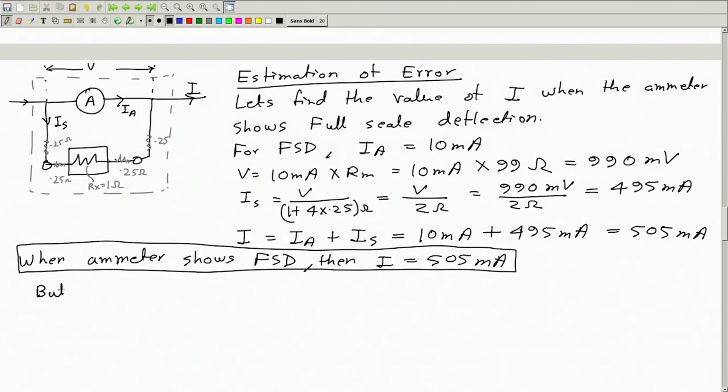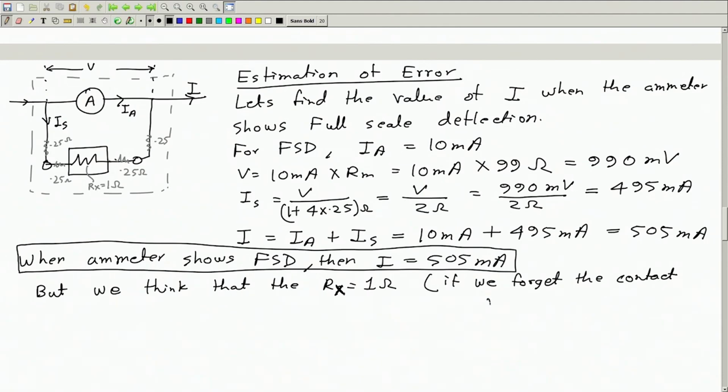But we think that the shunt resistance, Rx according to that notation, is 1 ohm. So if we forget by mistake the contact resistances, then we will think that the Rx is 1 ohm,